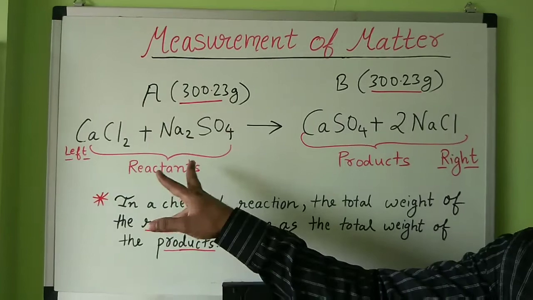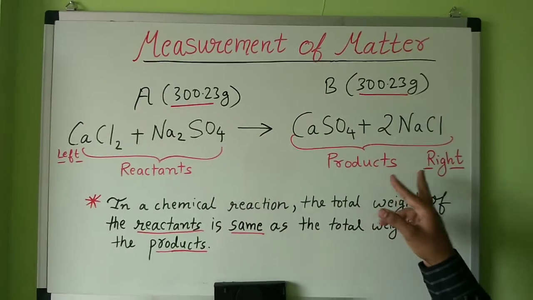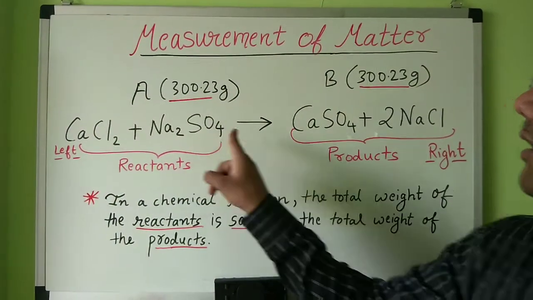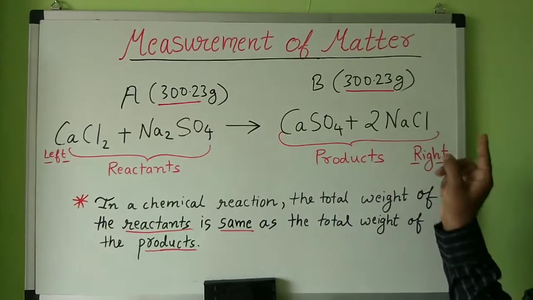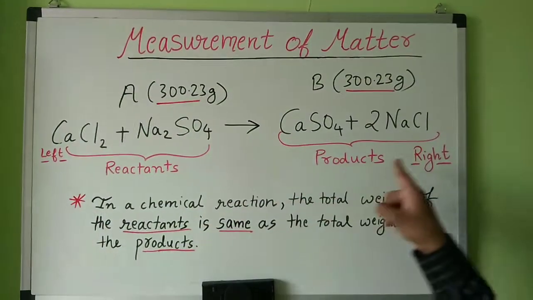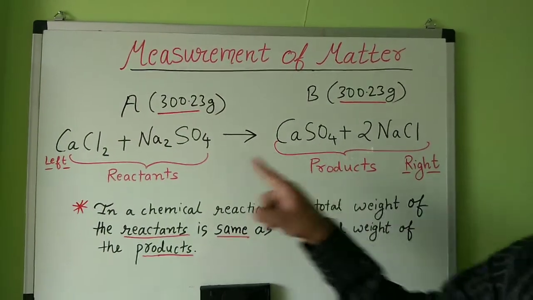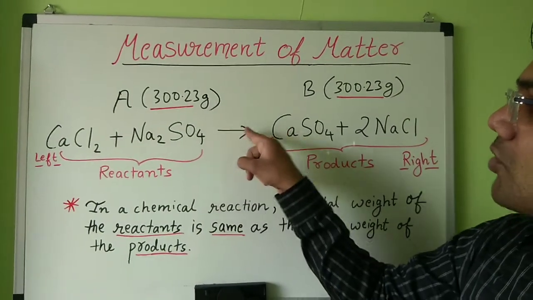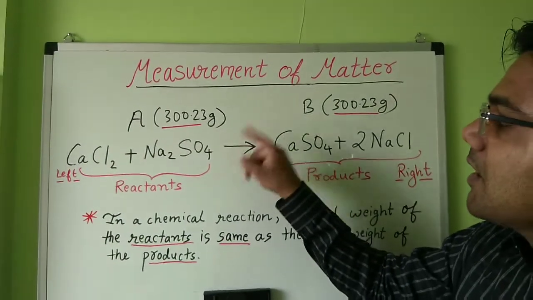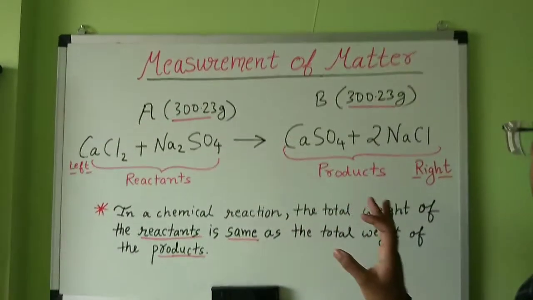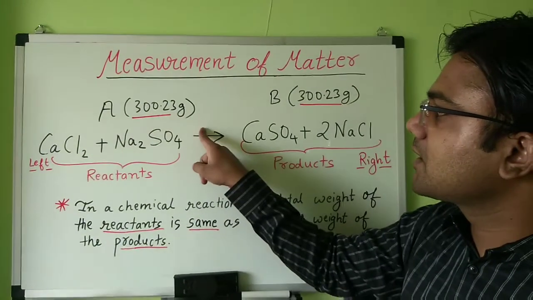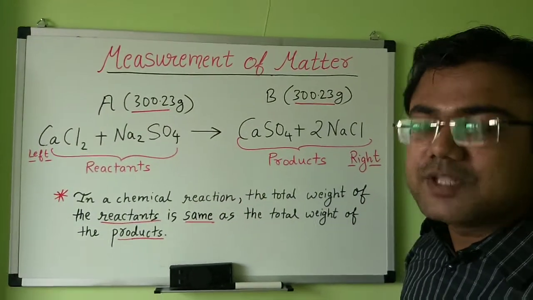Students, you can see the reactants are written on the left side and products are written on the right side. Here calcium chloride reacts with sodium sulfate to give calcium sulfate plus sodium chloride. You should remember that reactants are always written on the left side and products on the right side, and in between there is an arrow. The arrow should always point towards the products. And the most important thing, you should write something above the arrow if it is required. In this reaction no heat and no other conditions are required, that's why we have not written anything. But if heat is required, you can write a small triangle, and there are various other conventions which we will learn in higher classes.